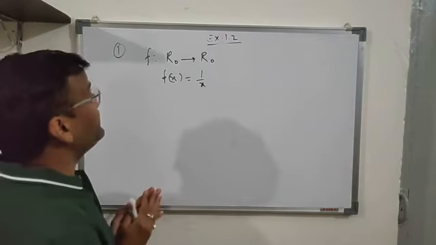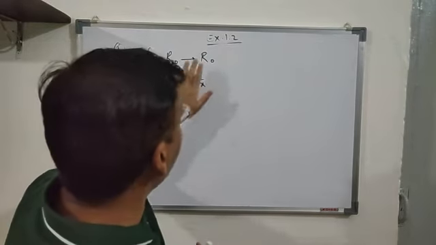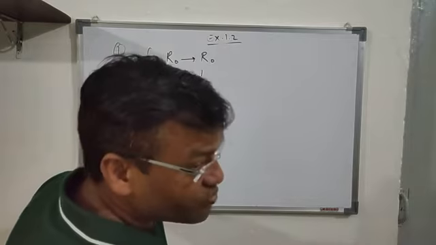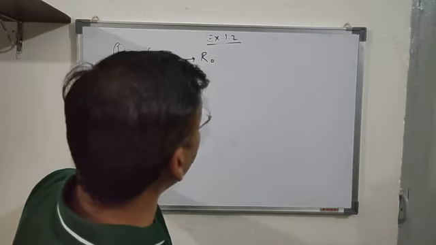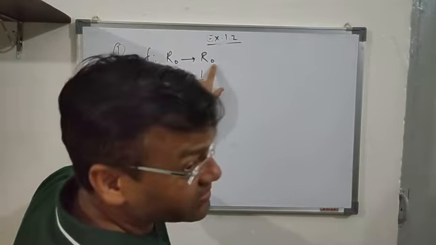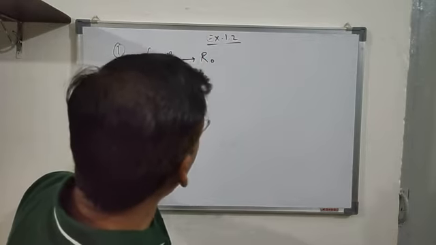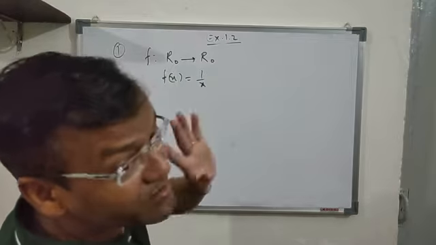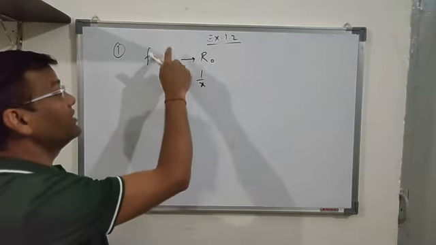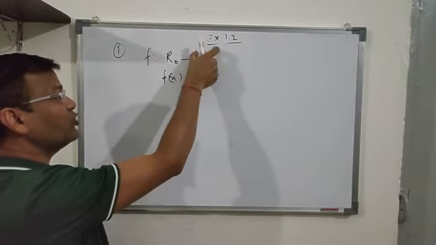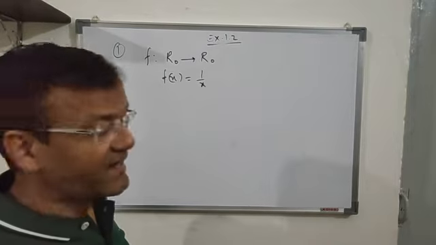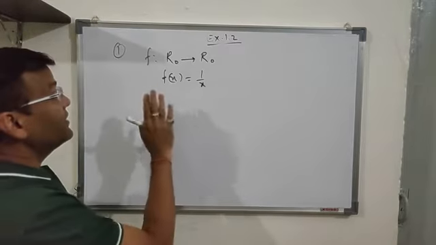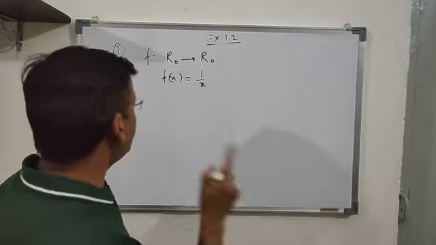So what you have to show here is that this function, defined as f(x) = 1/x, x is not equal to 0. It's very important, it is non-zero real numbers. Excluding 0, it will have all the elements. X can take any value except 0. It is a set of real numbers. So this is the domain, this is the codomain, and the set of images is said to be the range of the function. Now, you have to show that it is a 1-1 function. How is it being shown?